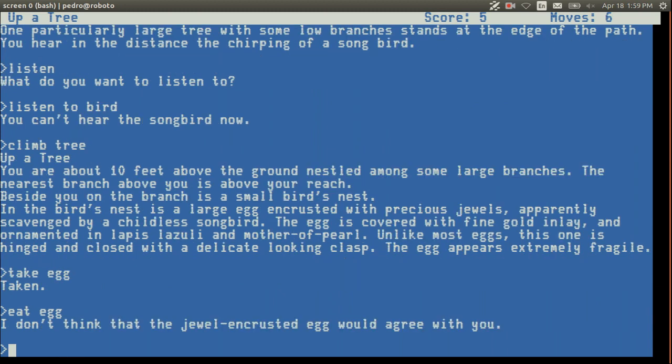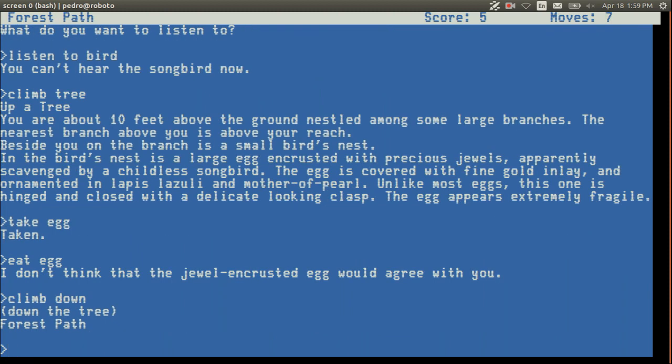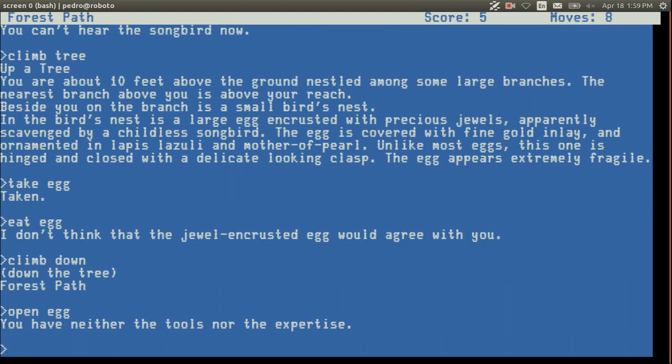Aw, you had to try. Now what? Look, even. Can you open it? Can we open the egg? Crack egg. I like break it. Yeah, break egg. Do we want to break the egg or not? Break the egg.